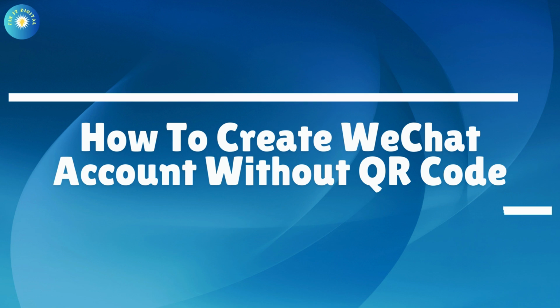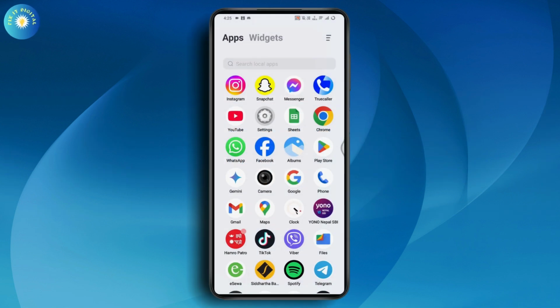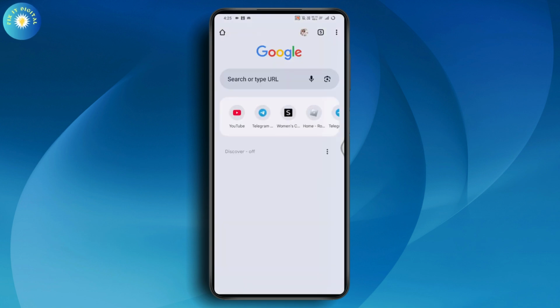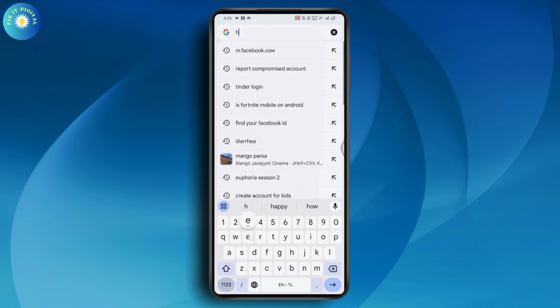How to create WeChat account without QR code. So if you want to create a WeChat account without QR code, then what you need to do is first you need to open up your browser. Once you open up your browser, now go with search. Under search, you need to search for